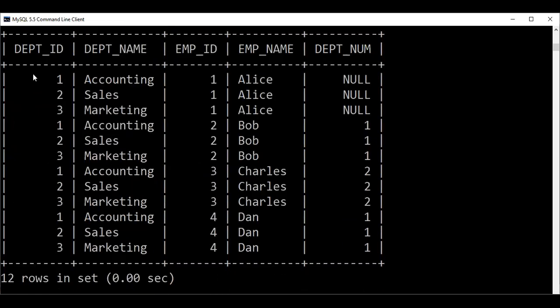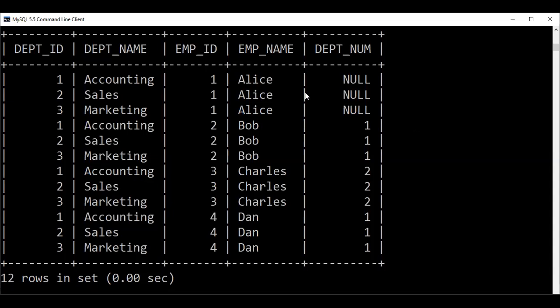Department ID and department, these 2 are coming from department. Employee ID, employee name, department number. So remember, this output comes from crossing the 2 tables. Similarly, if you cross this department-employee result with another table, say employee 2, then everything will be crossed. There is no meaning to it, remember. It is simply giving random data, all the possible combinations. That's why it is 12 possible.